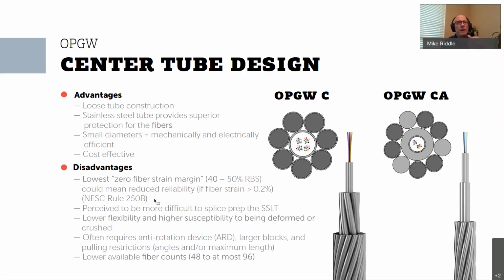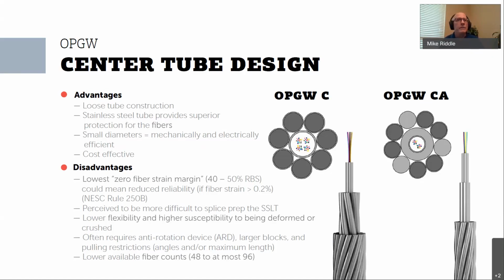So you would have a time there in operation when under wind and ice loading, the fibers are actually experiencing tension. But under everyday conditions, the tension is probably around 15%, plus or minus 5% or so. And under everyday condition, then the fibers are not experiencing tension. So you're kind of playing a